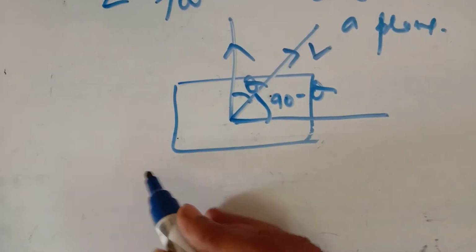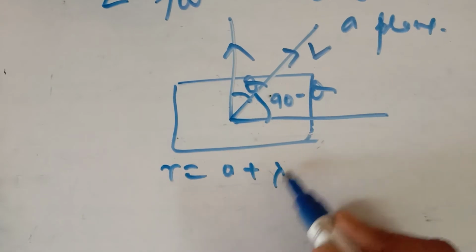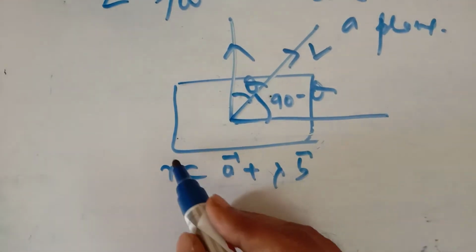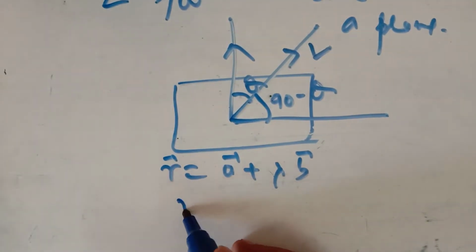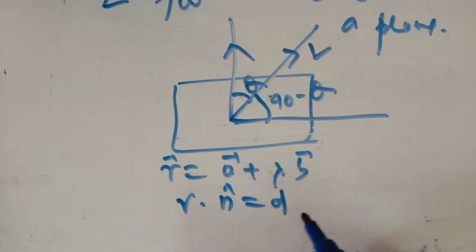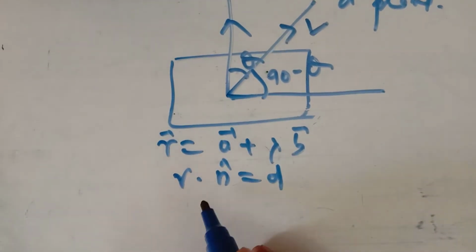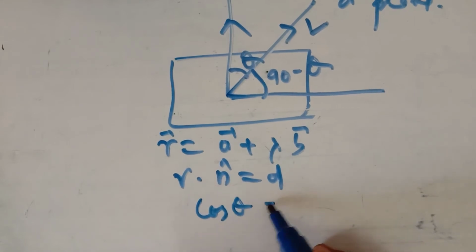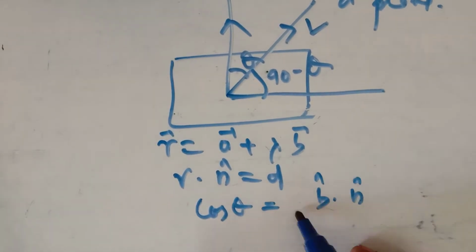Now let us take a line r equal to a plus lambda times b. This is the equation of your line in the vector form, and the equation of the plane is r dot n cap is equal to d. So the angle between them will be cos theta is equal to b dot